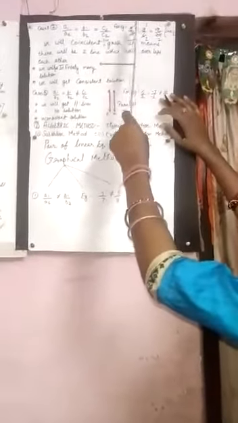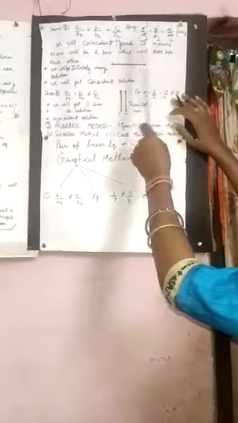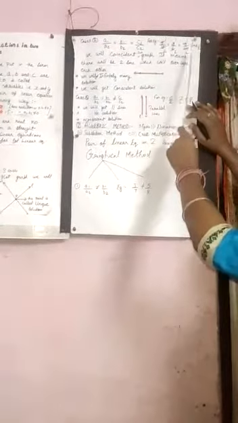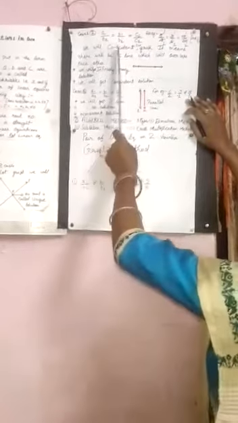Means solving a pair of linear equations, you will be getting 3 answers, and those 3 answers should be matching with each other. Means all the answers should be equal to each other. Here you got 1 by 2, here also 1 by 2, 1 by 2. In that case, you will be getting line 1 and line 2, and that graph is known as coincident line graph.